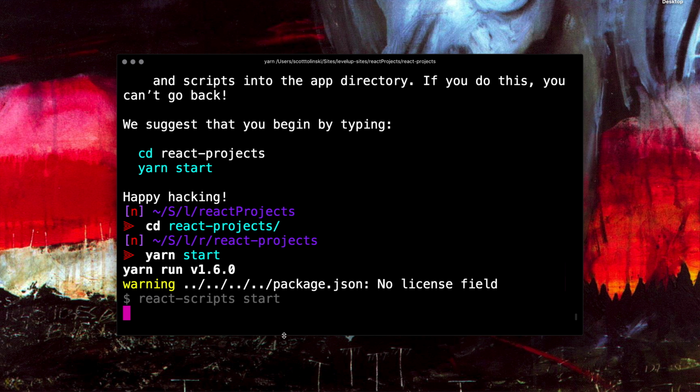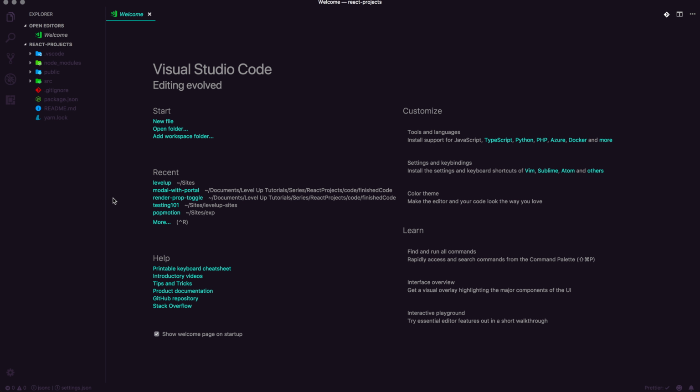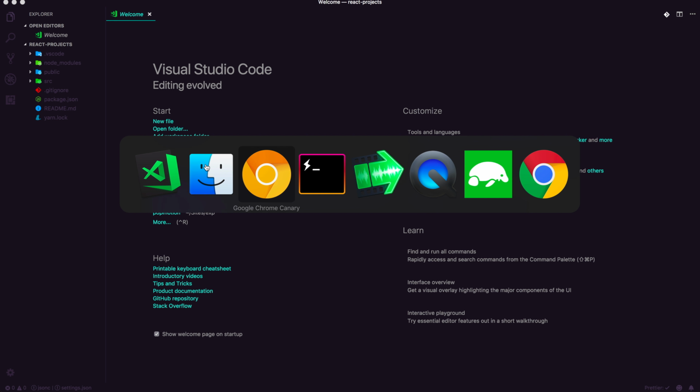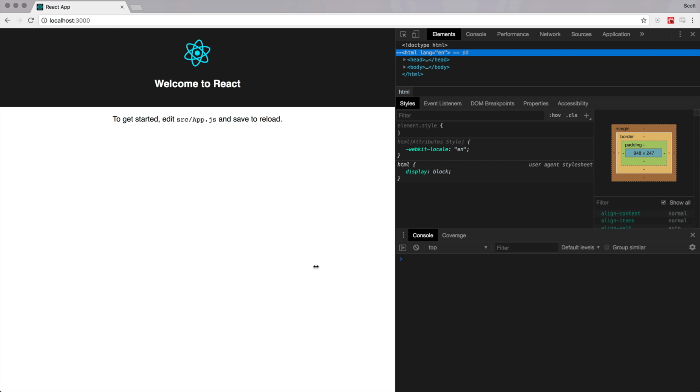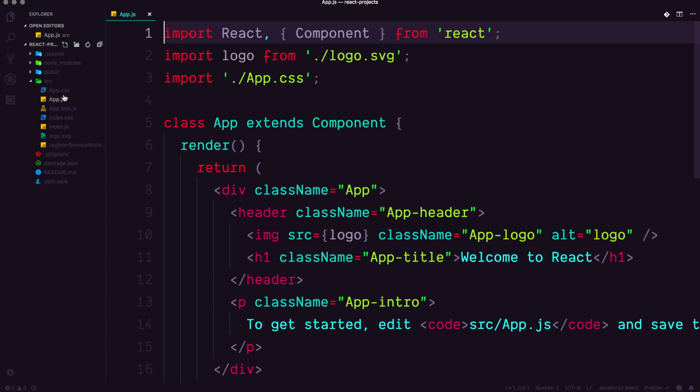And I'm also going to open up this project in my text editor, which is going to be VS Code for this series. Okay, so here is our project, and here is our welcome to React. You're probably used to seeing this sort of stuff by now. If you haven't used Create React app before, it basically is just a way to get up and running really quickly with the React project without having to worry about too much anything other than, well, writing the code. Okay, so check it out. This is our project, and this is where we're going to be spending all of our time